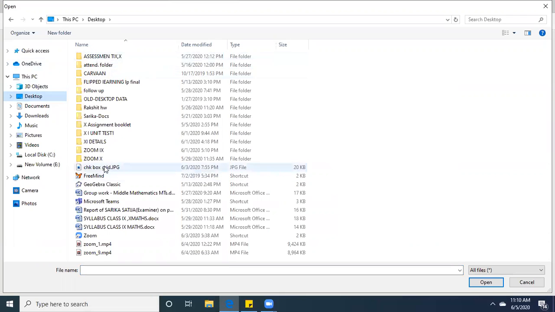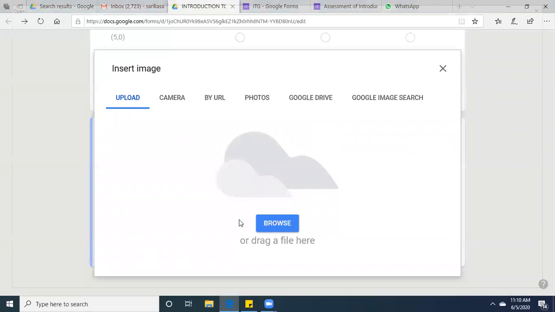I'm selecting this checkbox grid. I have already saved an image on my desktop that I want to upload for this question. So this is checkbox grid JPG. I'm selecting this and then open.